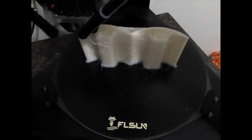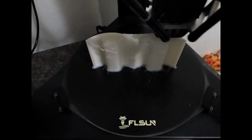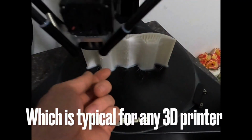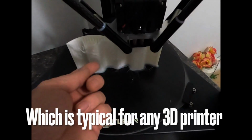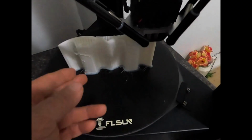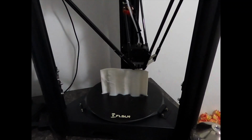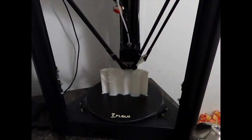So the good thing here is it's not wasting quality on the support. You can see all the filament drags here. So that's a good thing, but it is wasting filament building the support for this. So it has a Volcano hotend on it. It is a clone of a popular brand I won't mention on this channel, but